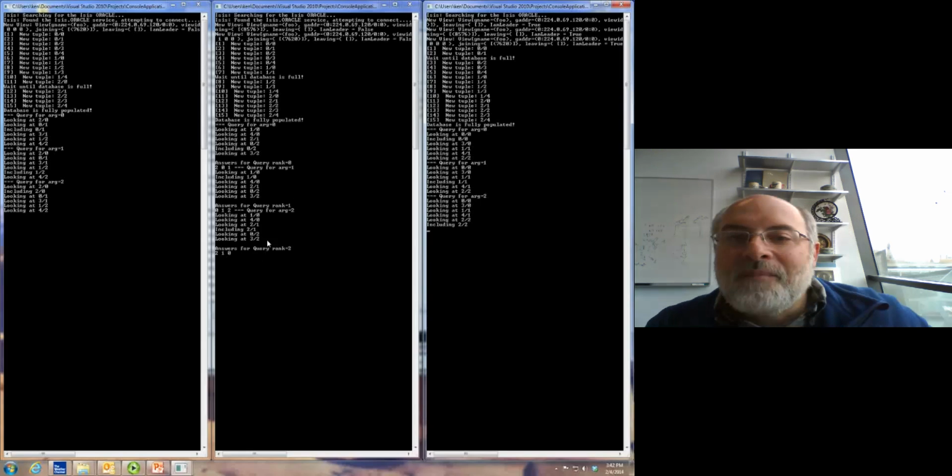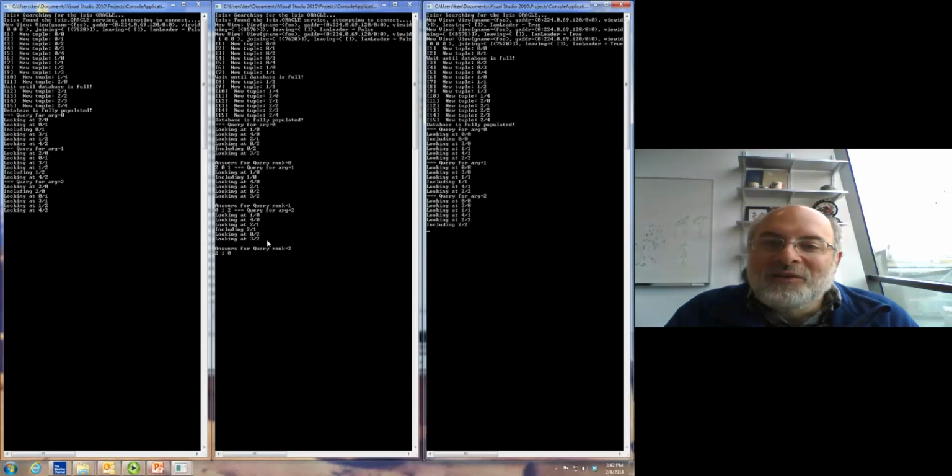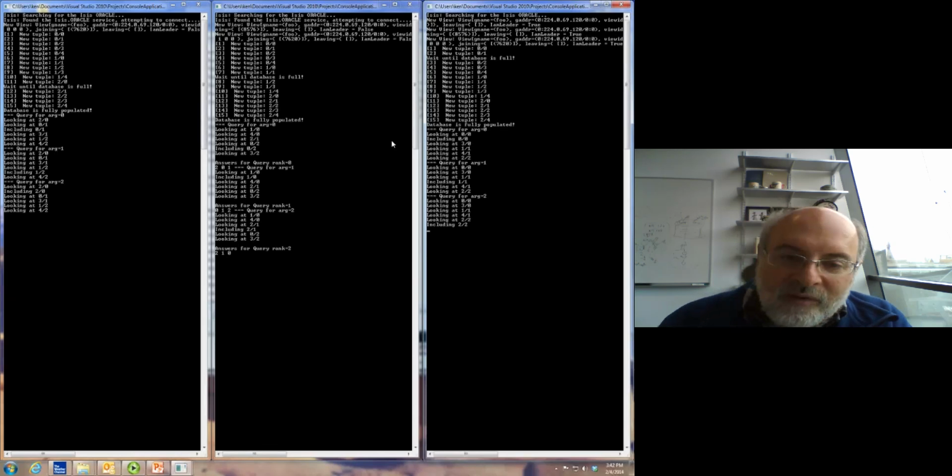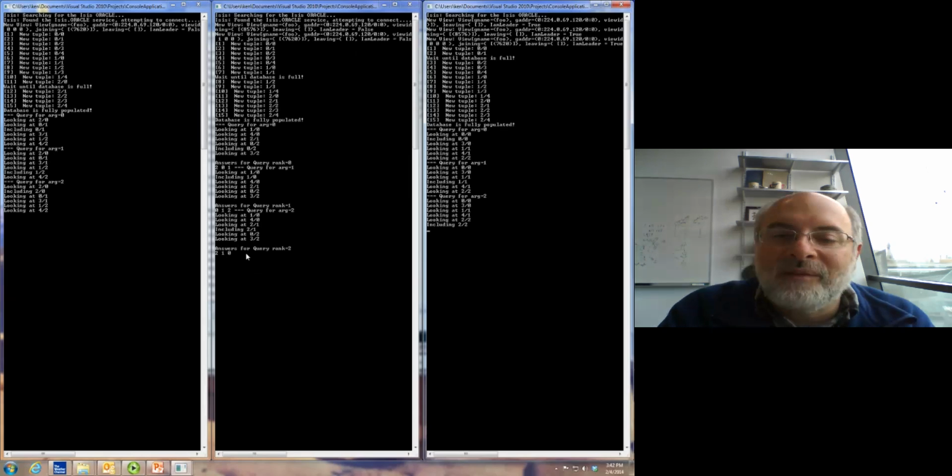Okay, now there's a bug in the code I gave you, and I want you to find it. Here's the bug. It's printing out 3, not 5 values. Remember we were expecting to see values 0, 1, 2, 3, 4. And here we're seeing 0, 1, 2, and I'll tell you what the bug is, but I want you to